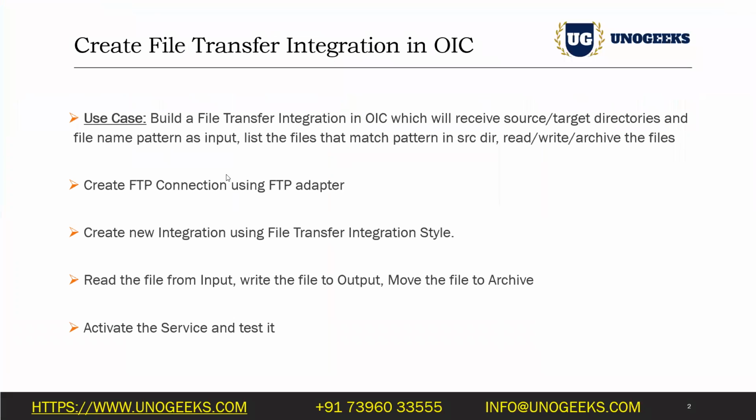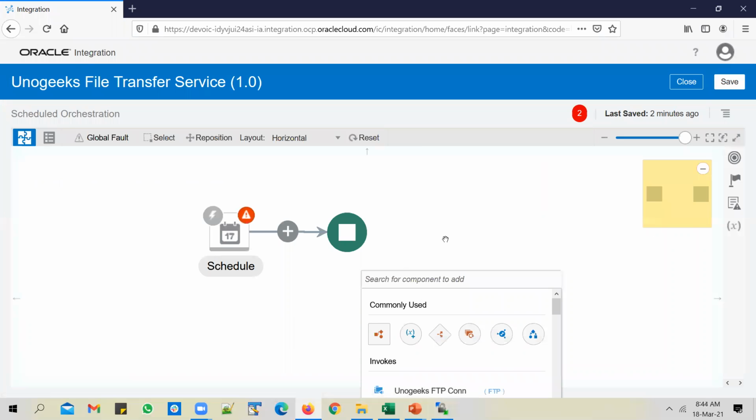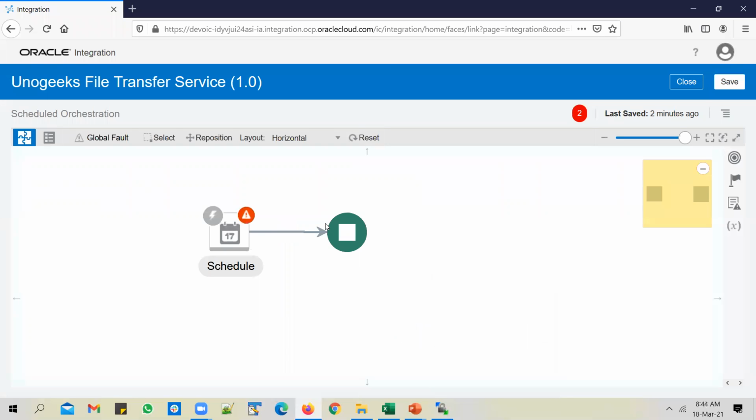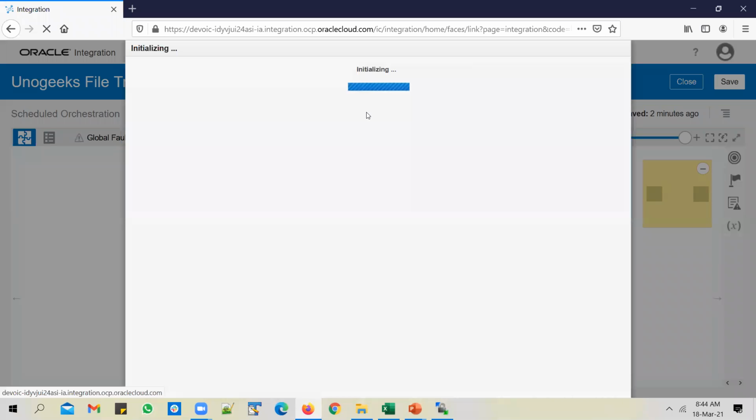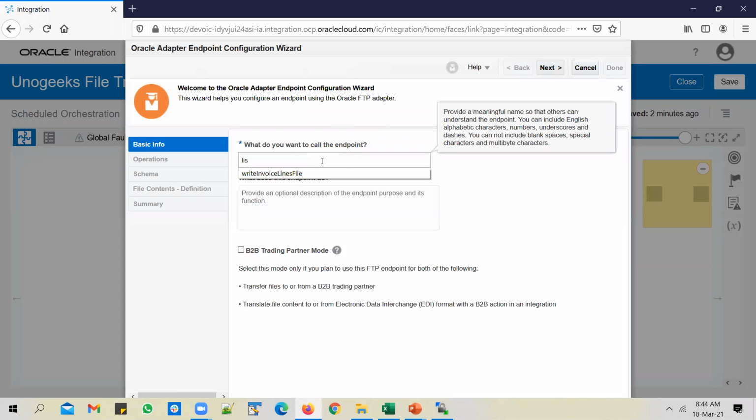And what's the first thing we need to do? We need to list the files that match the name pattern in the source directory. And for that, whenever you need to interact with an SFTP server, you need to use an FTP connection. So use the Unogeeks FTP connection that we created. And you can say list files.